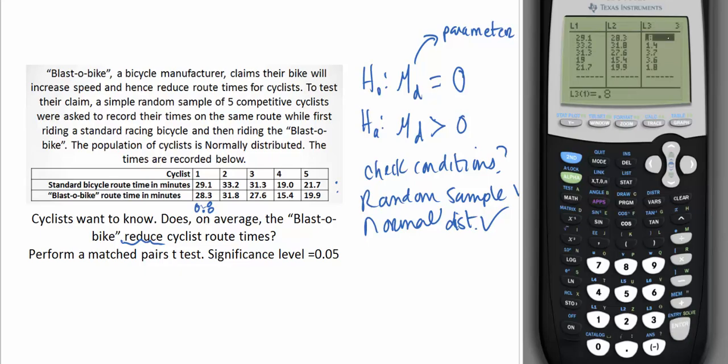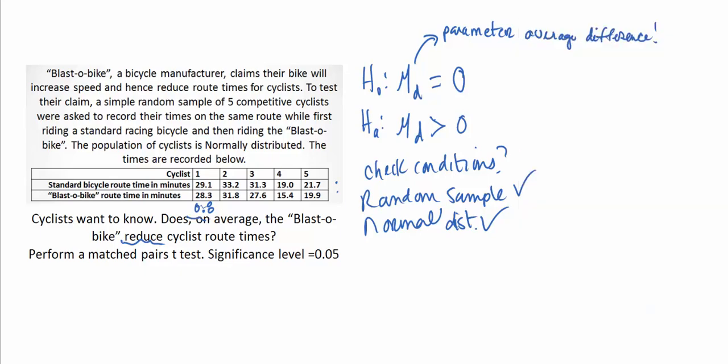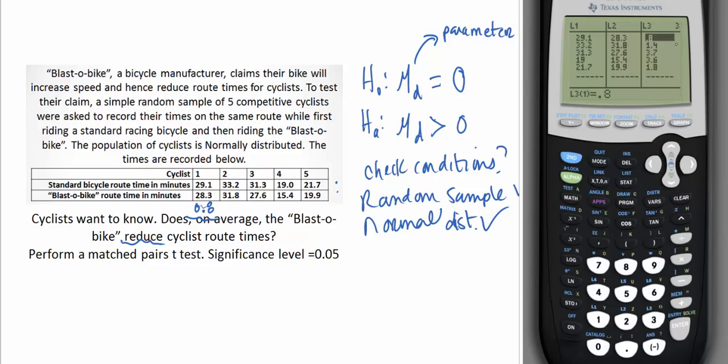And we get the differences between the standard bicycle route times and the Blastobike route times. Notice that 0.8 is the same as we got by hand over here. So if we did it all by hand, or if we did it using our calculator, we'd get the same values. It's up to you what you would like to do. The main thing is that we should put in the list of differences. This is what we'll use in our